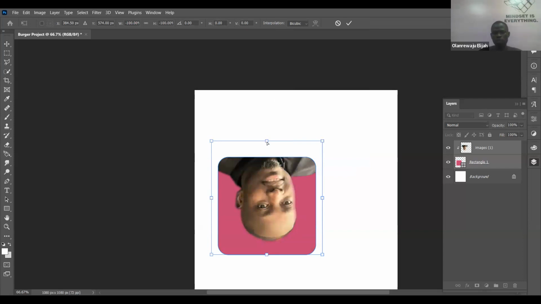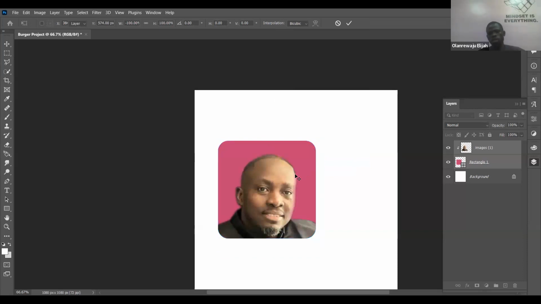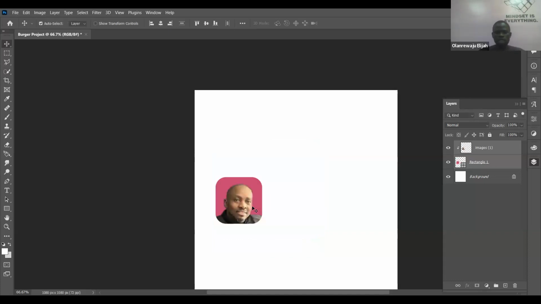How do you distort it? By picking one edge. Can you see now? That's the work of distortion. Can you see? But I don't want that. So can you see now? This makes more sense. Then you press Control T again, then you reduce the size. So you're having like 5 of them that are facilitating that particular program or event.